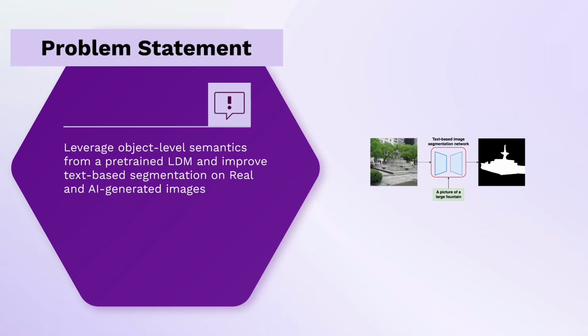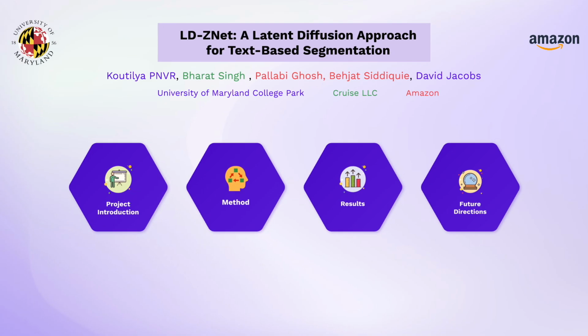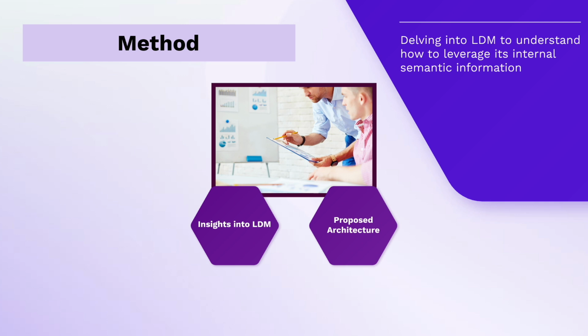So our problem statement becomes: can we use these latent diffusion models to improve text-based segmentation performance for different categories on various imagery, such as real datasets and AI-generated images? With that, let's look into our method on how to achieve this. We first begin with understanding a few insights from the latent diffusion models, followed by our proposed architecture to improve the